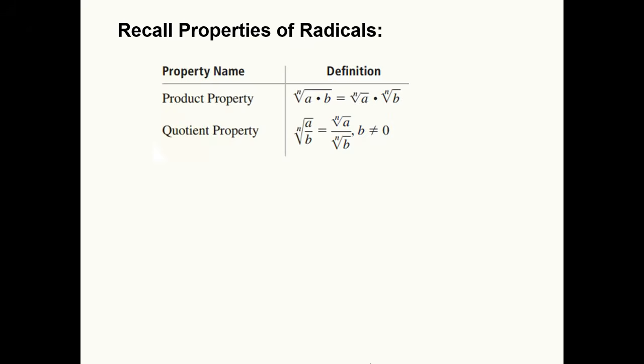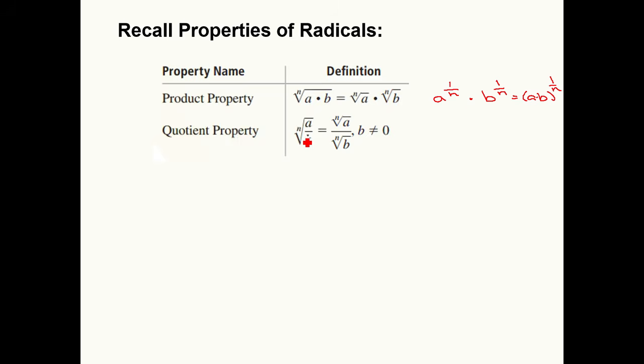And if we have any question as to why that is the case, it ties in really closely with our exponents. So think about what a to the nth power really means. Well, that's a, or to the nth root, I should say. It's a to the 1 over n power. And if I multiply that by b to the 1 over n power, that makes sense. We've got a power that is being applied to two different bases. That's the same thing as a times b to the 1 over n power. So we're taking that property of exponents and just applying it to work with radicals here.